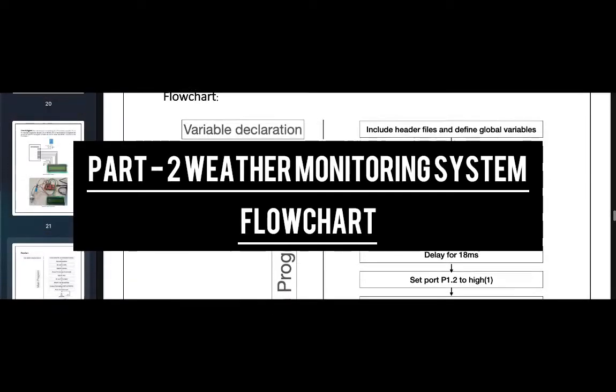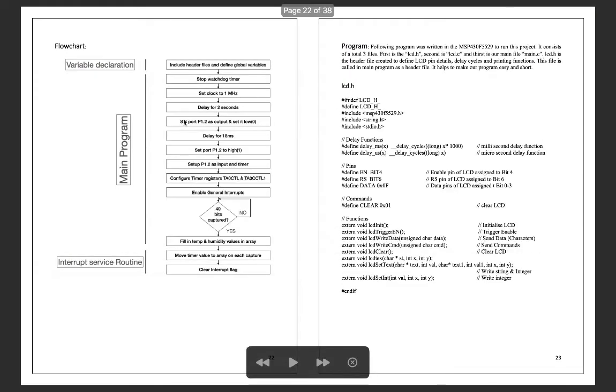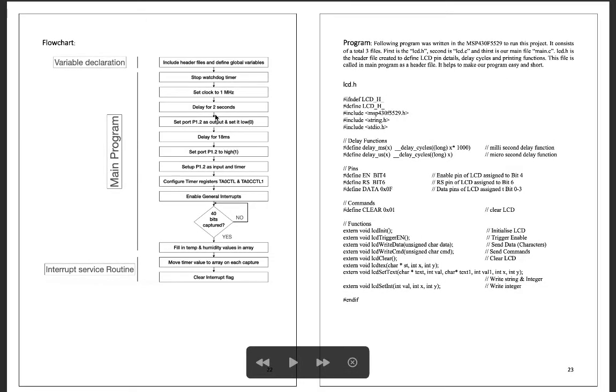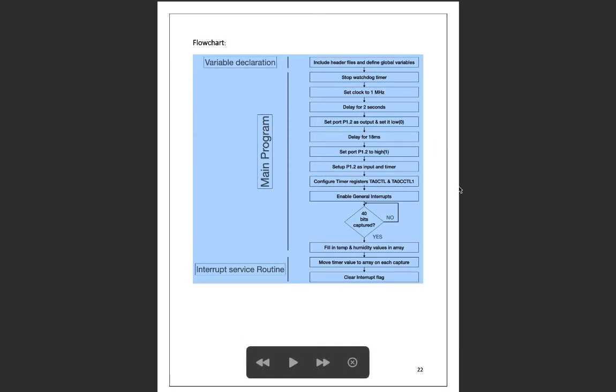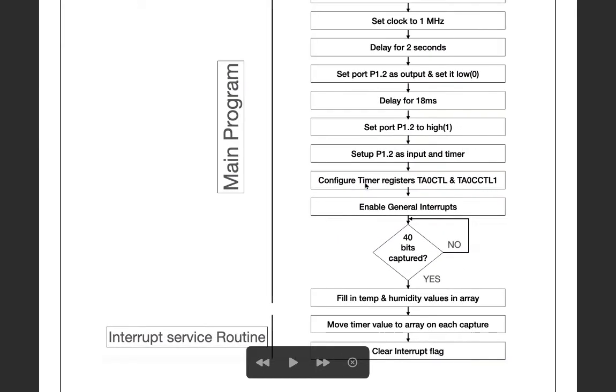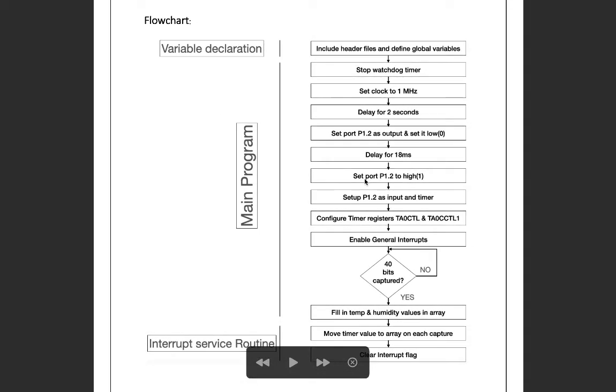Okay, so here comes the main thing, which is the flow chart. Okay friends, see, I will zoom it for you. Our flow chart will explain the full concept of how we will measure the temperature and humidity and how we will display it. Here, first of all, we will declare all the header files,